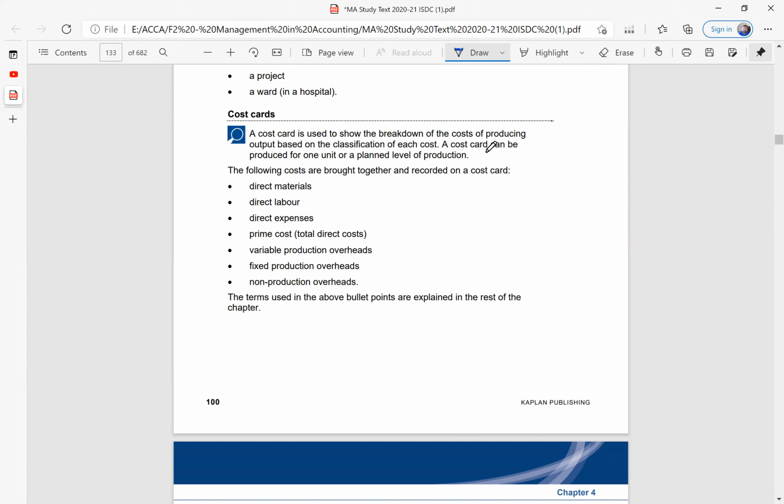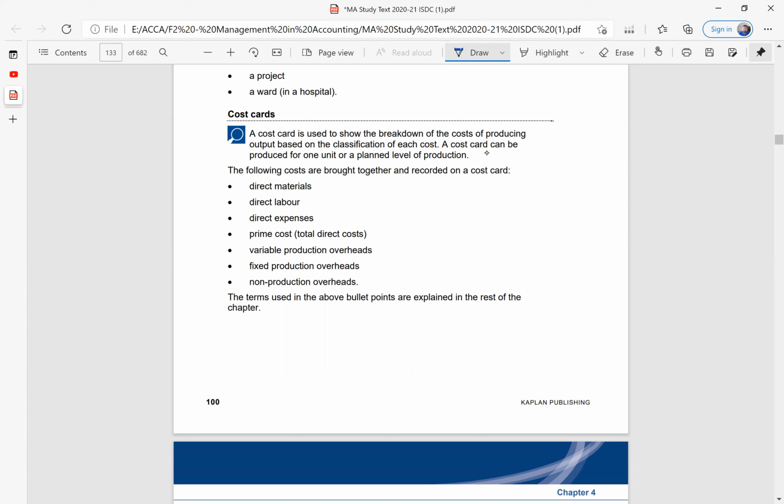So the rent, suppose we are using rent, that also comes under direct expenses, yeah? No. That is indirect, because that is in total, right? That is not per unit. That is in total.